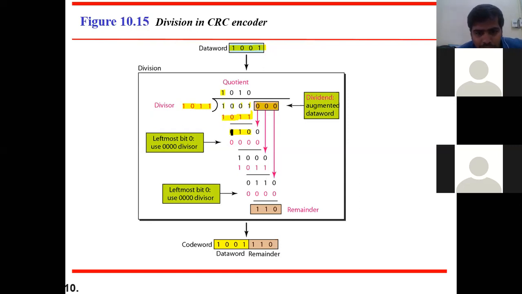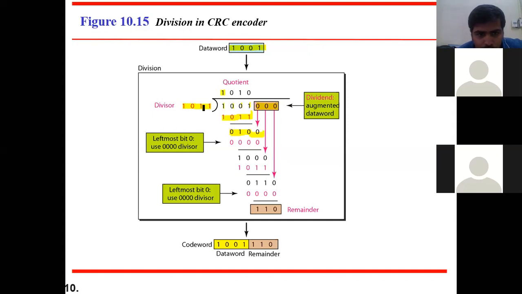Then how many bits do I have left out here? Only 3 bits, that is 0 1 0. Here my divisor is 4 bits, but I have only 3 bits left. So to match up with that, take 1 0. As usual with your division operation, how you used to take in high school and primary, in the same way, take the 0 down. Then again it has become 4 bits now. Then what is the first bit? Again you check. The first bit is again 0. Earlier it was 1. Now it has become 0.